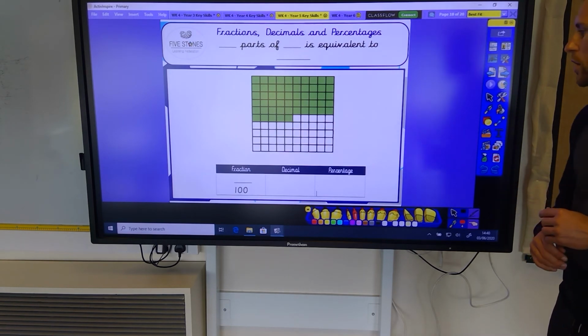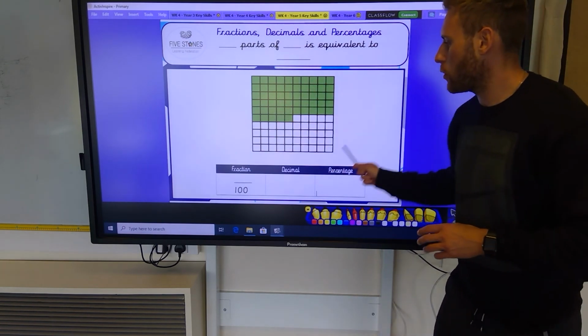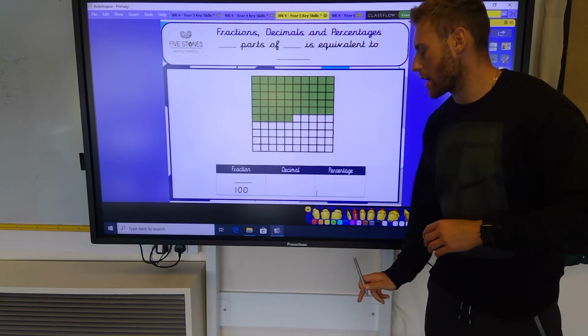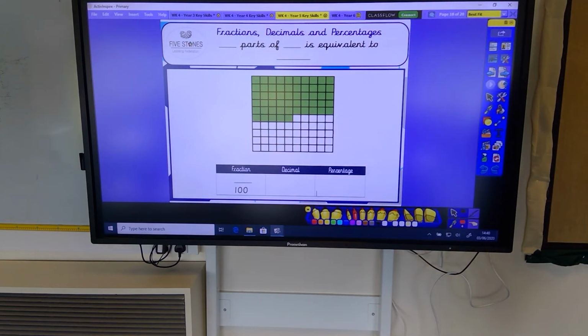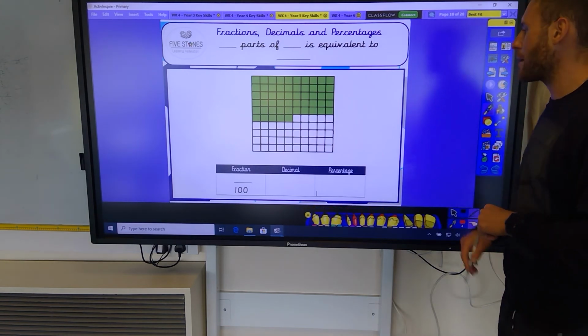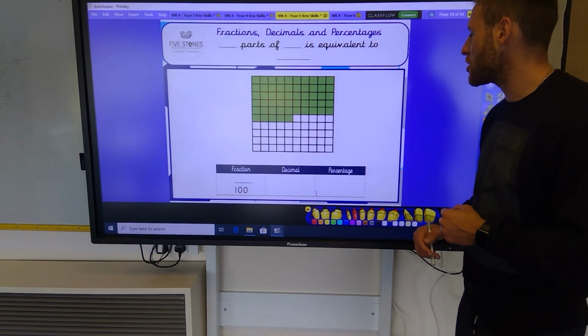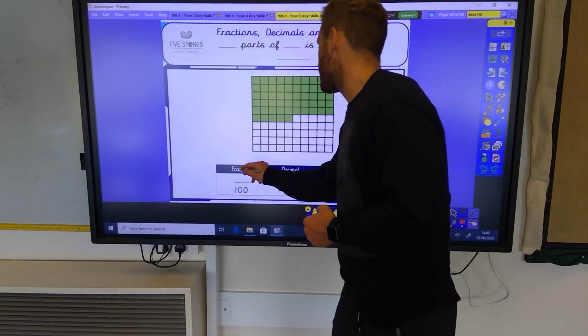Looking at this one, we have a representation of our 100 square. Please write it as a fraction out of 100, a decimal, and also a percentage. Off you go. Great work. So how many of the green ones can we see coloured in? 55